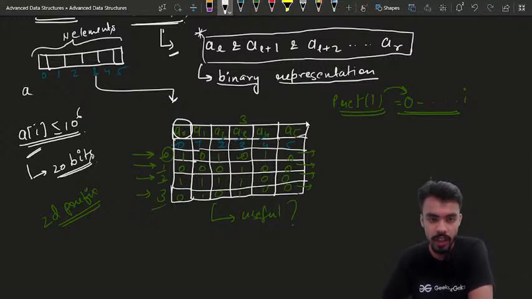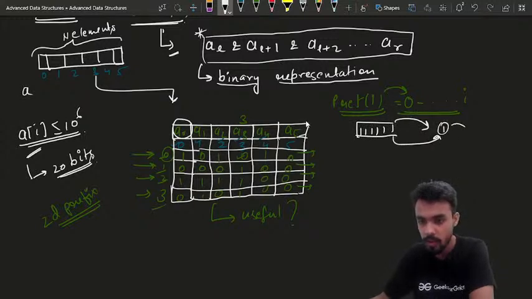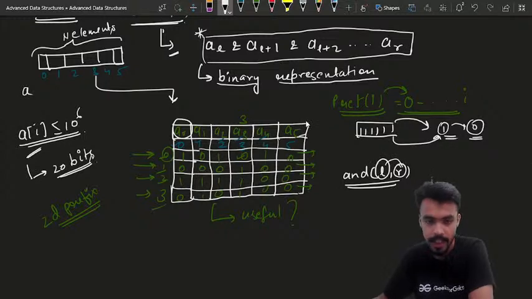We have already concluded that if all the bits in the AND operation are set, then and only then the corresponding bit in the resultant would be set, otherwise it would be 0 or unset. So suppose I am given a query AND L to R, where we have to take the bitwise AND from L to R in this array. Suppose this is my L and this is my R. What I'm going to do is calculate